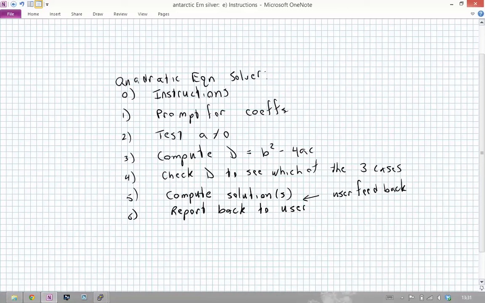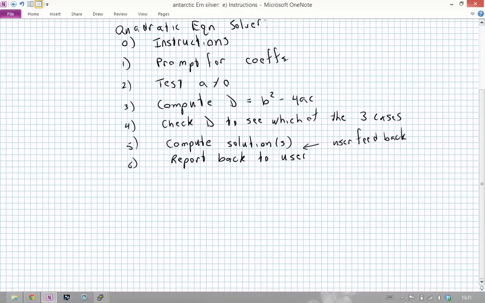Now, this is kind of how you start, and then it's kind of like writing an outline for a research paper, right? You get the big sections, and then you're done with that, and now you go in and you look at what has to happen in each of the little sections. What are the parts of each section? So, for example, and I'm not going to expand it here, but